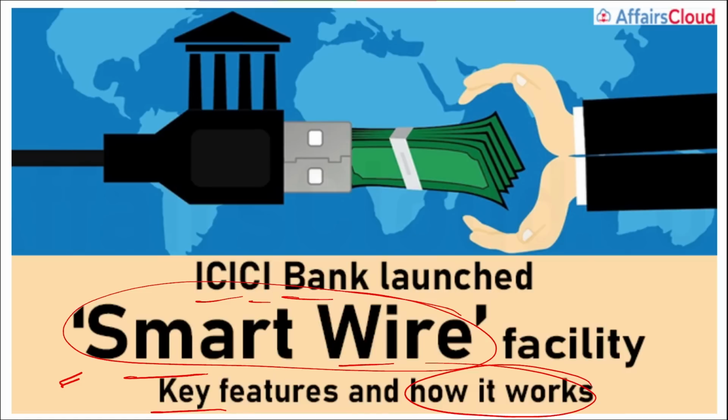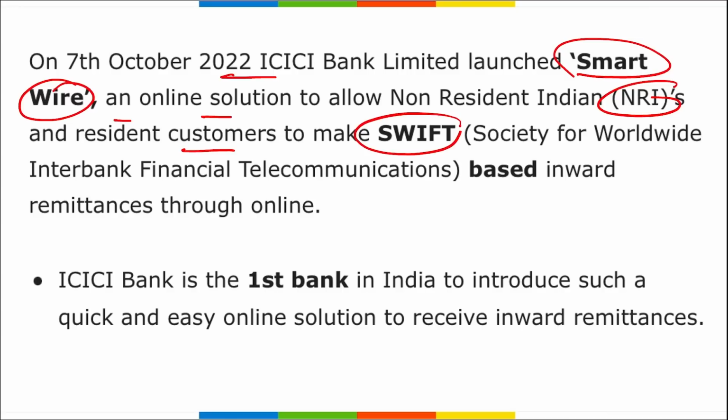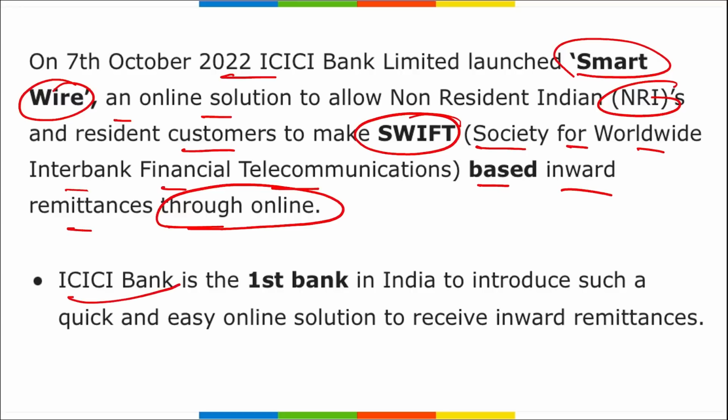So this smart wire facility was launched by whom? It was launched by ICICI Bank. ICICI Bank Limited launched this smart wire, an online solution to allow NRIs and resident customers to make SWIFT, that is your Society for Worldwide Interbank Financial Telecommunication based inward remittances online. And we know ICICI Bank is the first bank in India to introduce such a quick and easy online solution